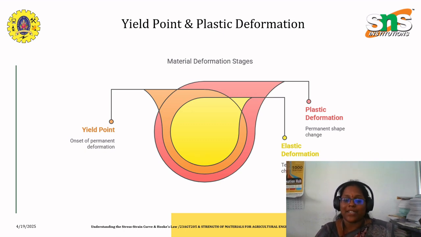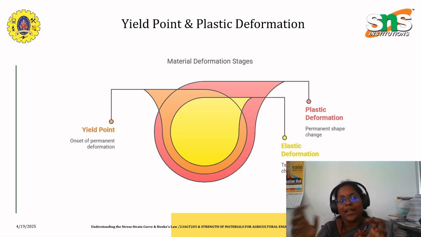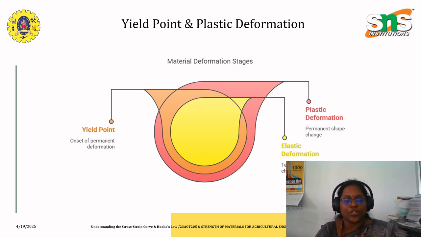So keep loading the material and you will reach the yield point, where the material says that's it, I give up, I'll stretch, but I'm not going to bounce back. So that means that when I give an overload to an elastic rubber band, up to a limit, the rubber band will bounce back, but when the limit has been reached, it will not get back to its original condition, but will maintain the same elongated position. So from this point onwards, you have entered the plastic region, that is, permanent deformation sets in.